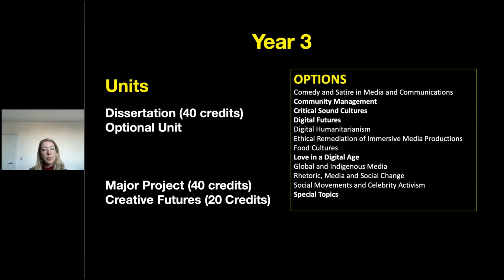So it's a really exciting opportunity for you not only to explore something that you might be really interested in, something quite niche, and this also will depend on the availability of the tutors and professors, but also you get a chance to work on your own topic, something you have an interest in, thanks to the dissertation. So there will be a project where you will explore a set of ideas and theories and notions and combine them with your own views. And this is a really interesting opportunity for you to also use a dissertation as a way to liaise perhaps or even look a bit further into the future.